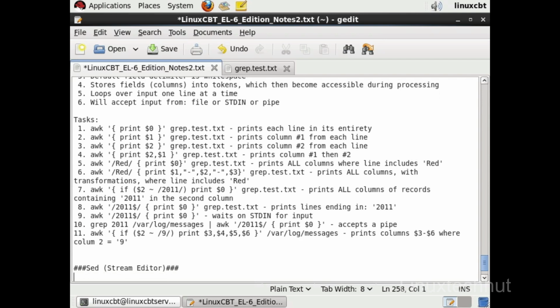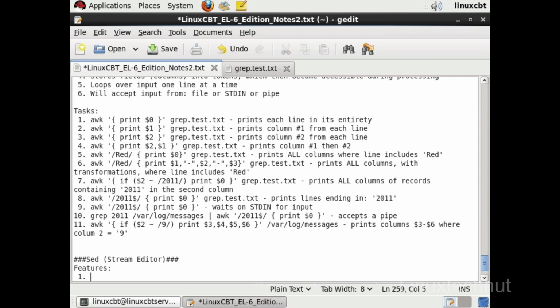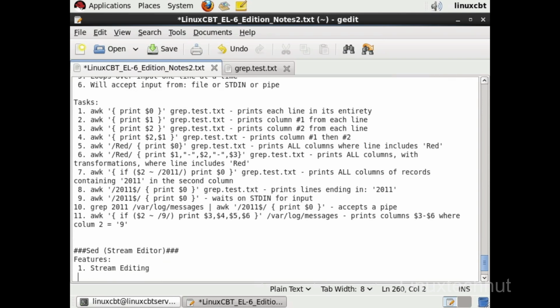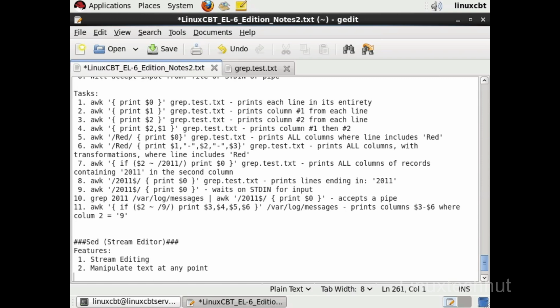Again, this is another old Unix Linux tool. Features include stream editing, which basically means the ability to manipulate text in the stream of the text. So manipulate text at any point, as opposed to doing basic searches for matches